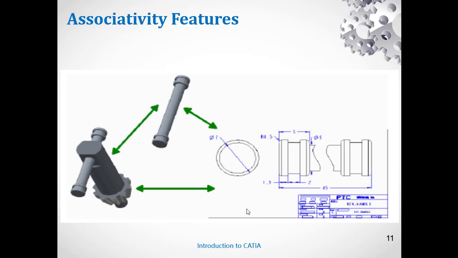As an example shown, there is a part, the same part is being used for the assembly, and for the same part the drafting is generated. If any modification or update comes for a dimension of the part, or any new feature is required to be added or any available feature is required to be removed, then I just have to open the part environment, open that file, make the changes and save that. Whenever I open the assembly file, those changes which I made in the part will be reflected in the assembly, and whenever I open the drafting file, those changes will be updated.